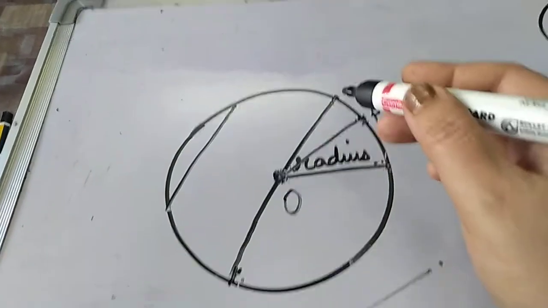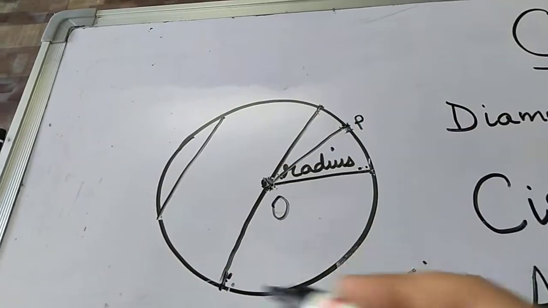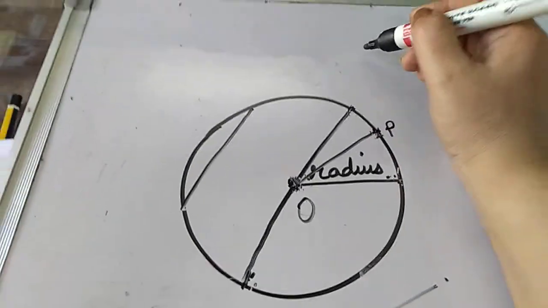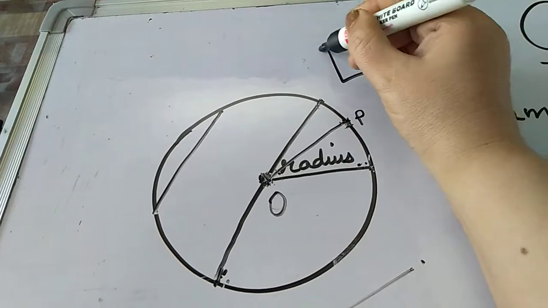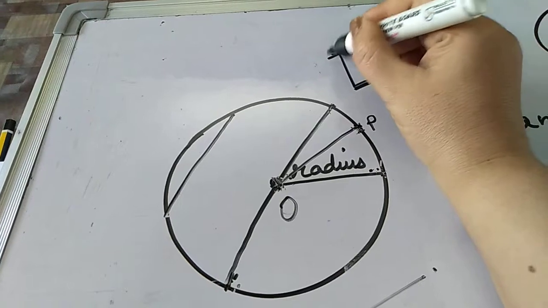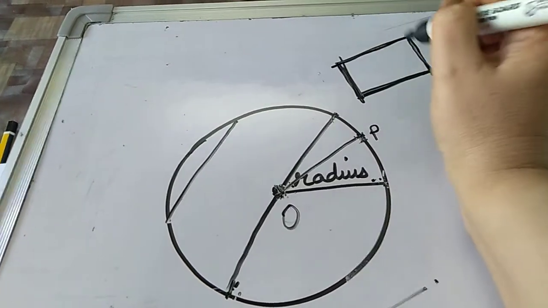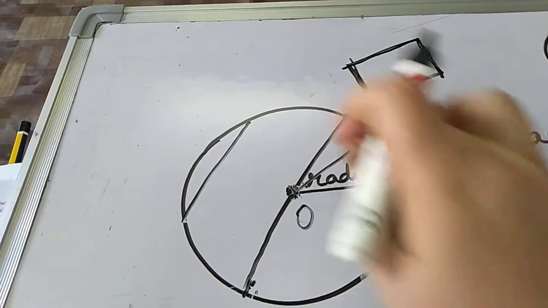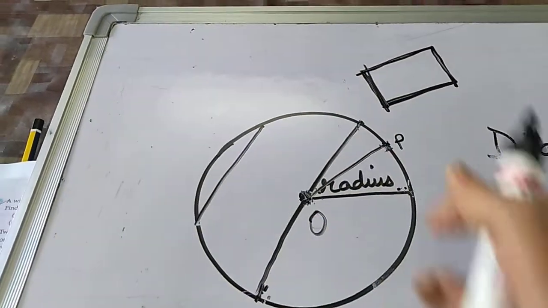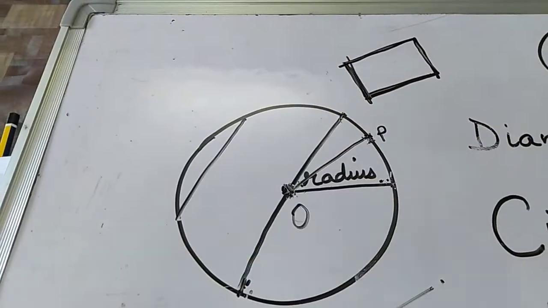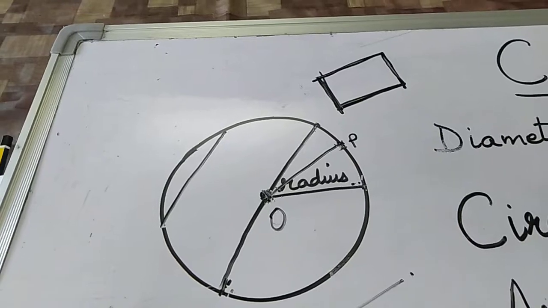Now what is circumference? Circumference means the length of the outer boundary. Why are we calling it circumference, children, and not perimeter? Because when we were dealing with a rectangle or a square, it had all straight lines, and the outer boundary was the sum of all these straight lines, and we called it perimeter. But here, since this is a curved path, it comes from the word circle itself, so the perimeter of a circle is called circumference.